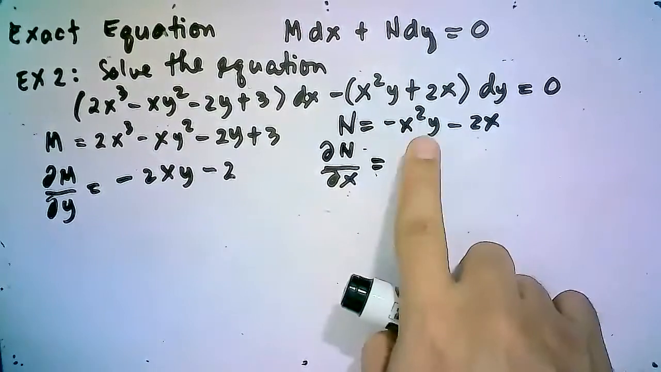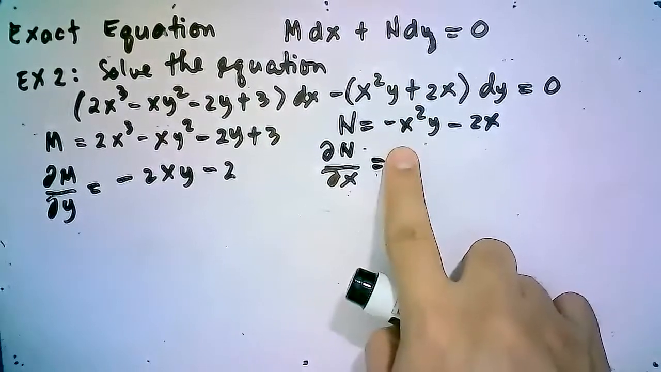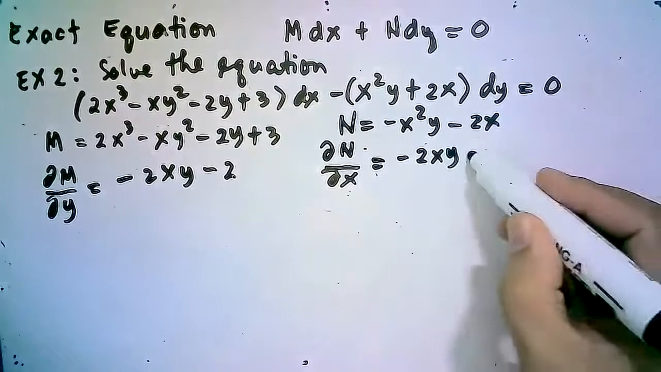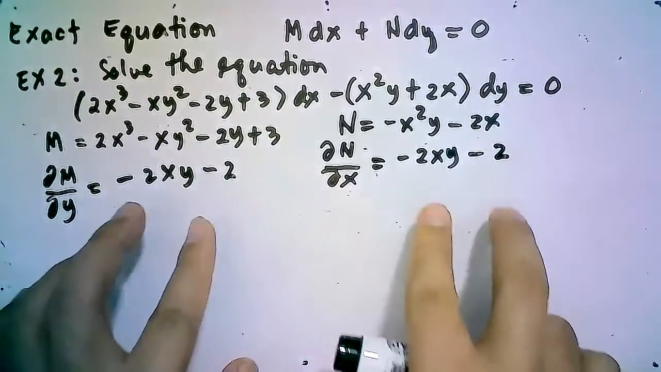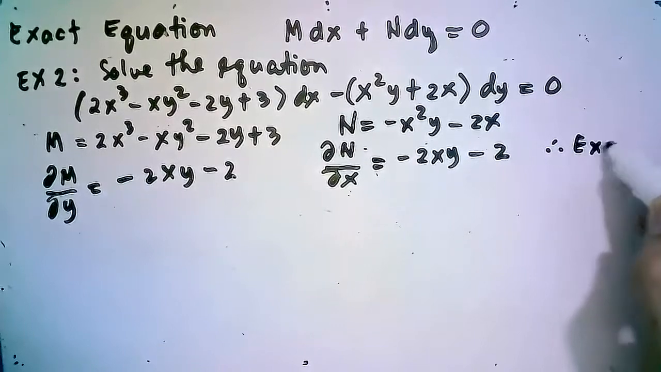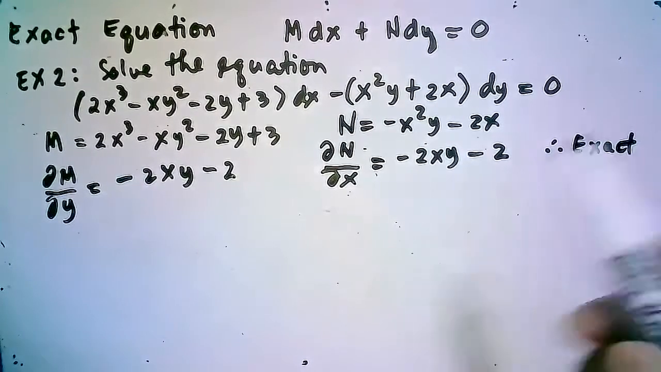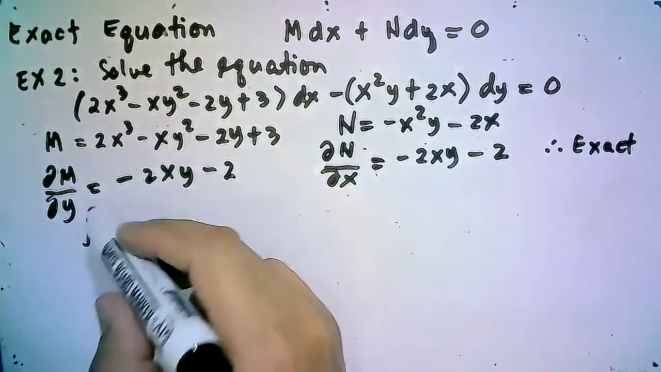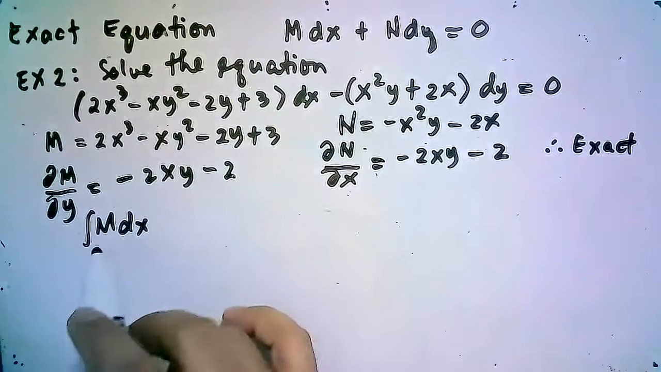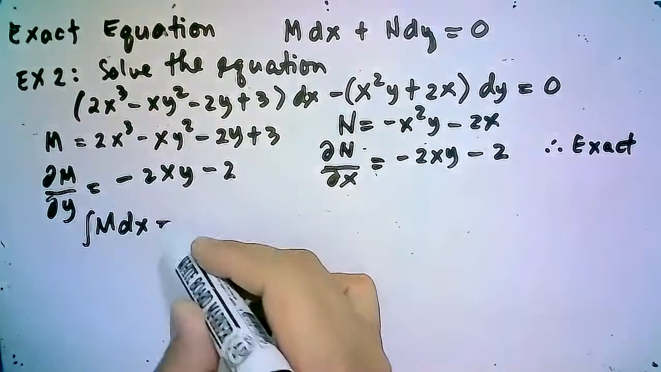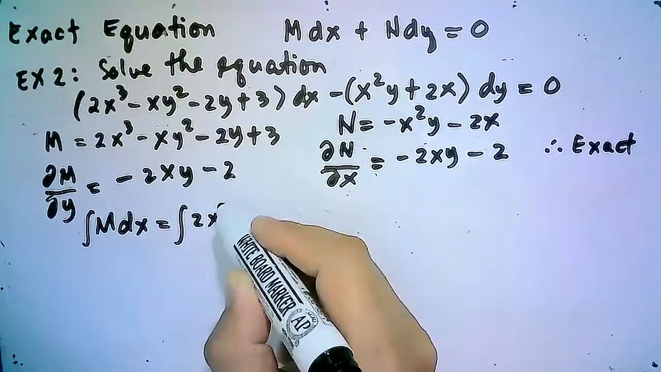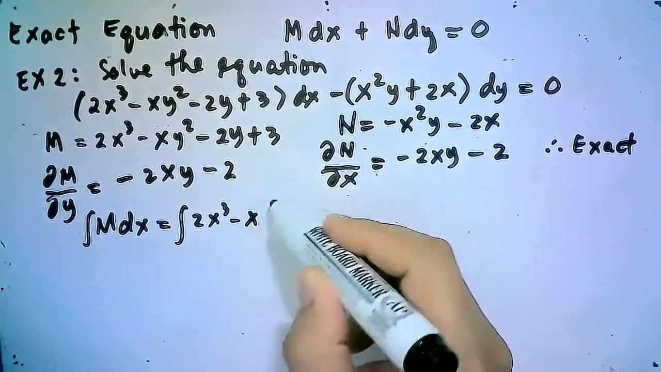How about our partial derivative of N with respect to x? With respect to x, that is negative 2xy minus the derivative of 2x, that is 2. If you have noticed, they are equal, therefore exact. Therefore, exact equation. So if that is exact, then we have to identify our integral of M dx. This is the process in solving exact equation. We take the integral of M dx, so we have the integral of M, which is 2x cubed minus xy squared